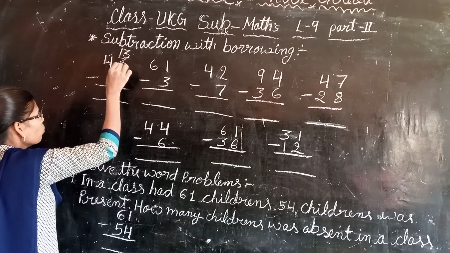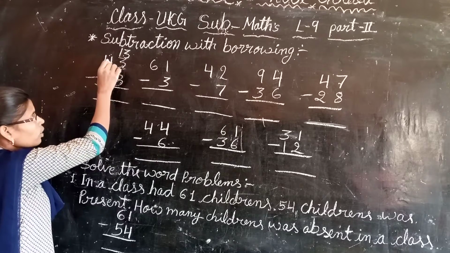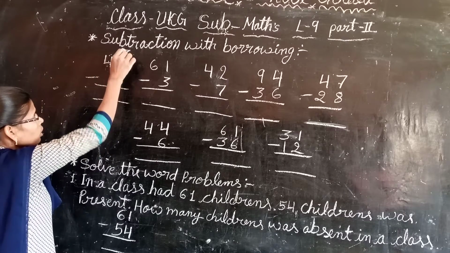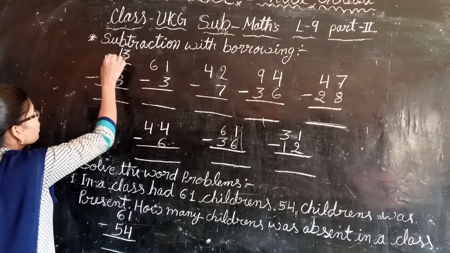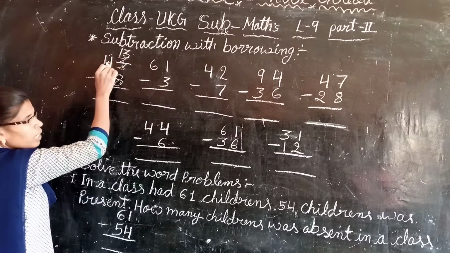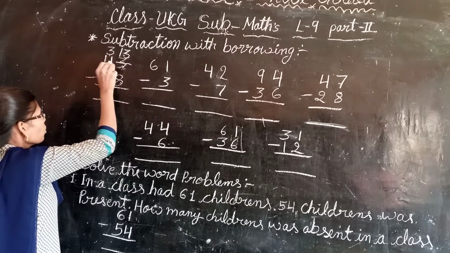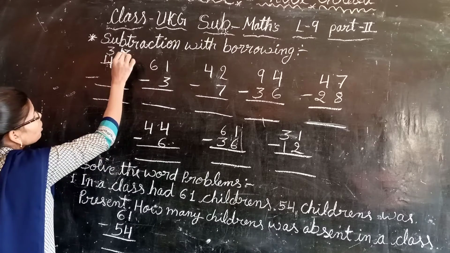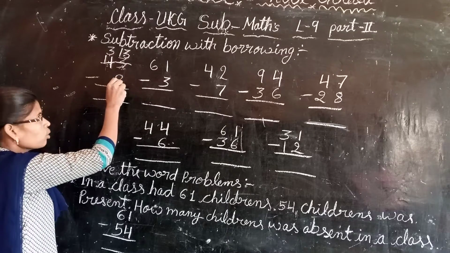So now the 3 has borrowed one number from 4, and it gets 13. Now we will cut this 3 and here remains 3, because one number has already been given to the other. Yes, so we get 3 here. Now the 13 and 8. Can 13 cut the 8? Yes, it can cut.